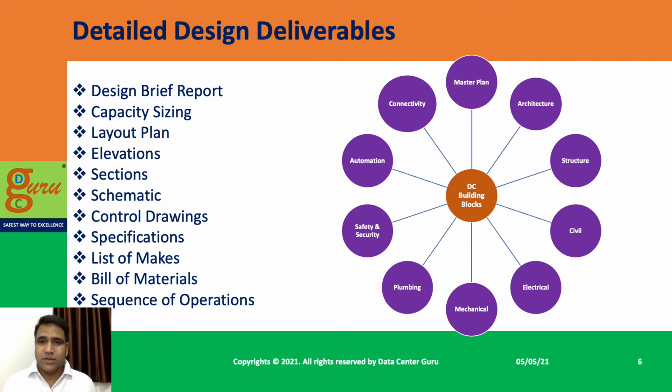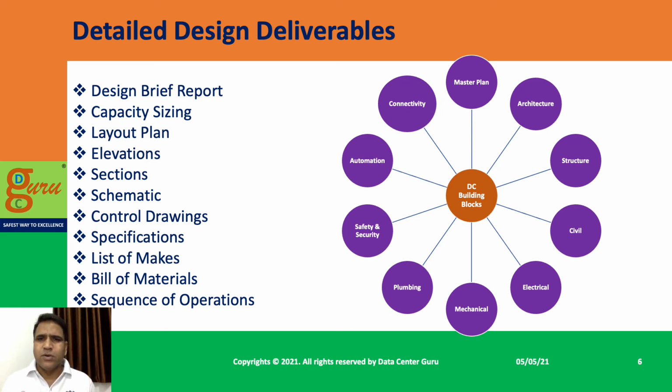Layout plan. You need to prepare multiple floor layout plans, route layout plans, and a huge number of lists for different systems. Each and every system distribution they have to map on the floor, because physically all those equipments or all those systems have to be there inside the data center somewhere. So it has to be mapped.